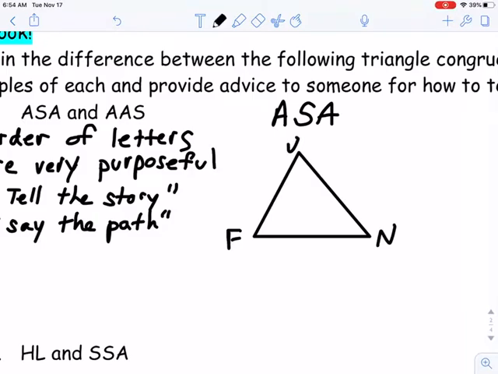triangle FUN, triangle fun, because this class is a blast. All right, this would be a classic example of triangle, or ASA. All right, why? Side UF is an included side. It's between